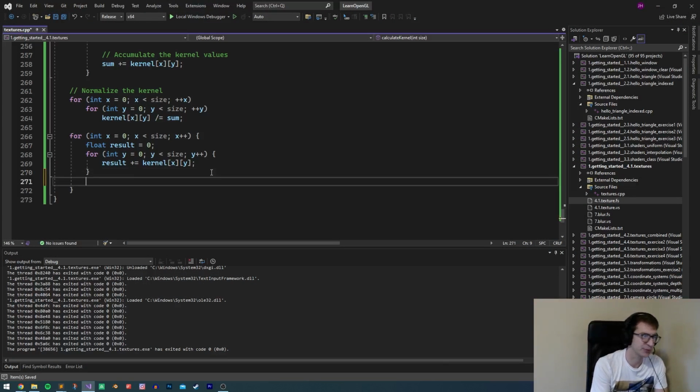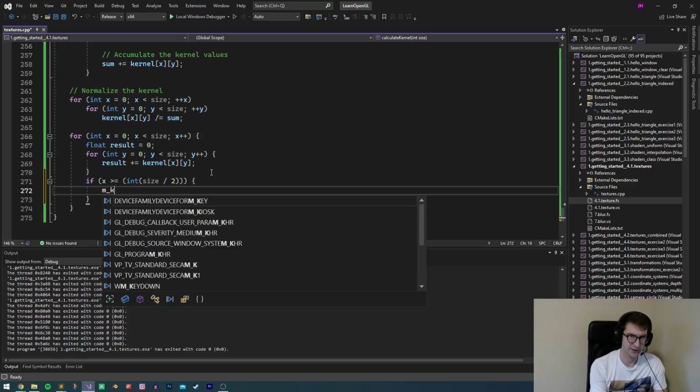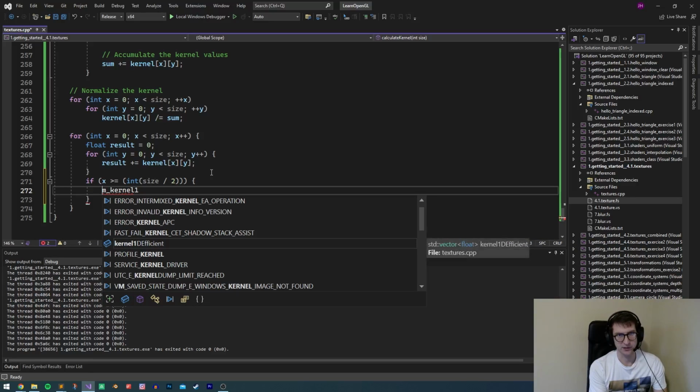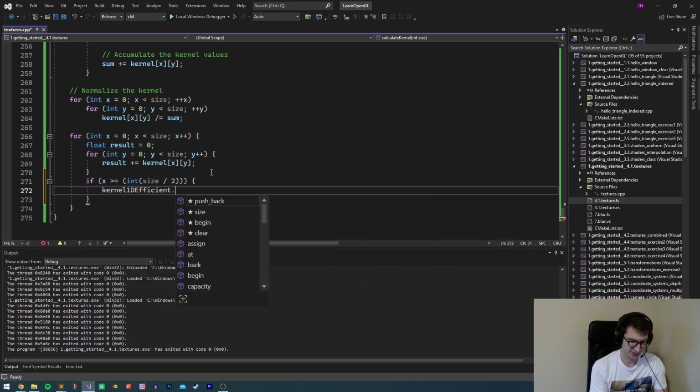I could change my for loop here, but I'm going to be lazy. So we're going to say if x is greater than or equal to int size divided by 2, then kernel 1, oh, I got rid of the m, didn't I? Dot push back